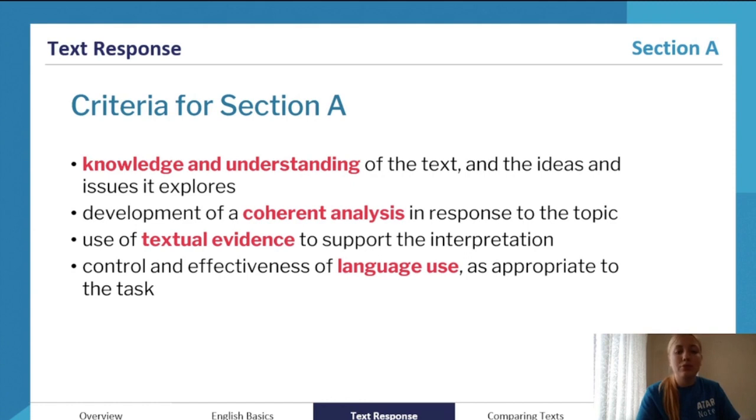So being able to write well, structure your sentences well, have a good sentence flow, using some elevated vocabulary, but still, if you struggle with that, prioritize clarity over the sophistication of your responses. And fortunately, your spelling is not something that's marked, but I do encourage you to write clearly and write as well as possible.